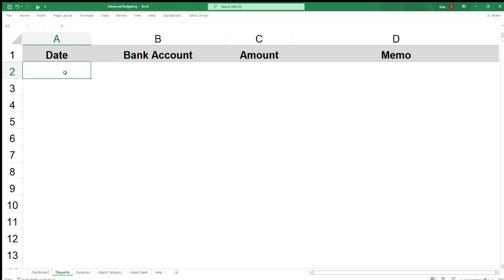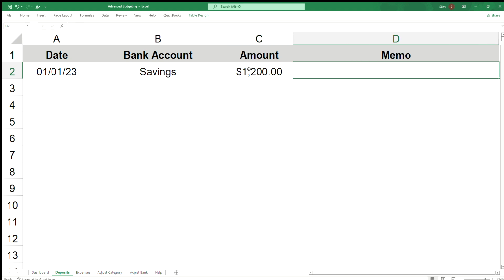So we'll say that this is the 1st of 2023. And bank account. Now you have the option to just click this drop down and it shows you the various bank accounts that you have. And we're going to say savings. The starting balance that we're going to say is in savings is $1,200. And for the memo, I'm just going to say, all